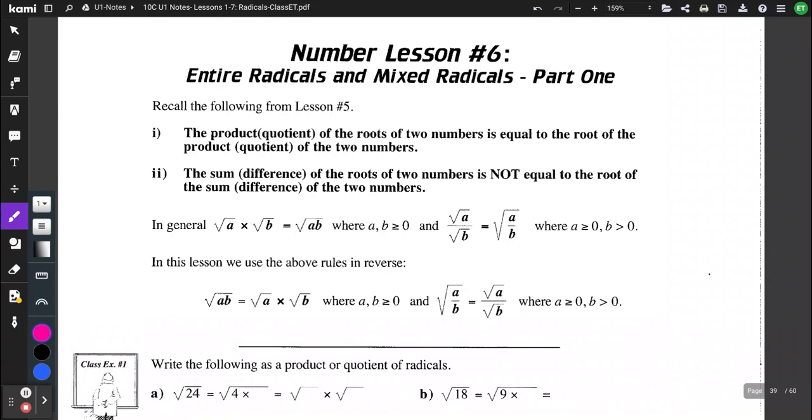Okay, yesterday we talked about radicals, and now we're going to start converting them. We're going to go from entire to mixed. So first of all, we have to recognize what an entire radical is. So an entire radical is when,